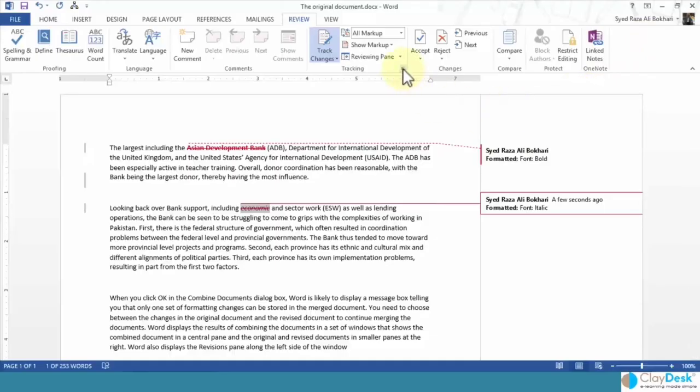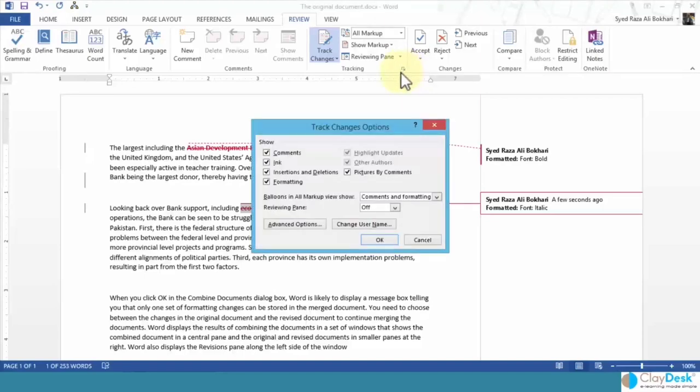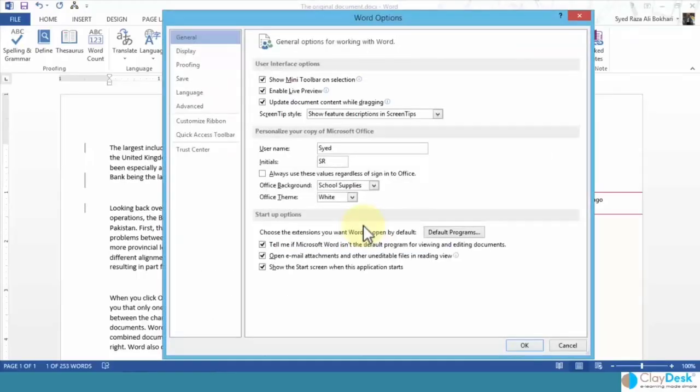I go up to my Tracking group and bring up my options. Here I can change the username. So that's one of the first things that we'll see, how to change the username. So let's click on Change User Name, and it brings me the Word Options dialog box. Under General options, I can see how I can personalize my copy of Microsoft Office. Here I've set this username to be Syed, and my initials are SR. Once I select this option, Always use these values regardless of sign in to Office,